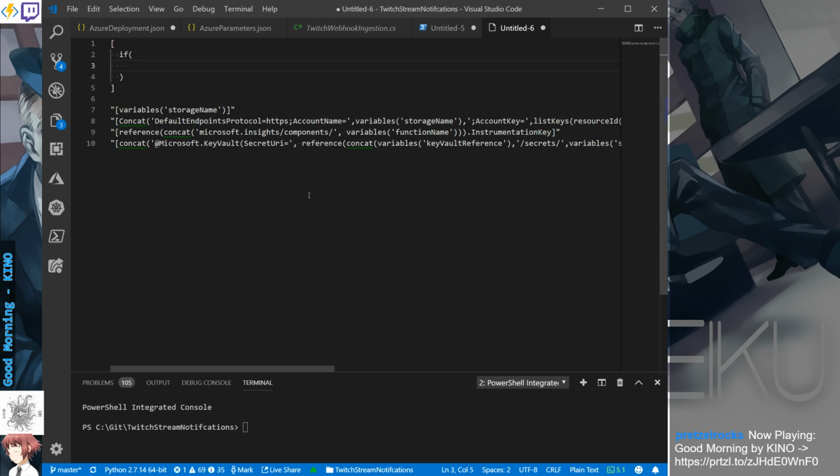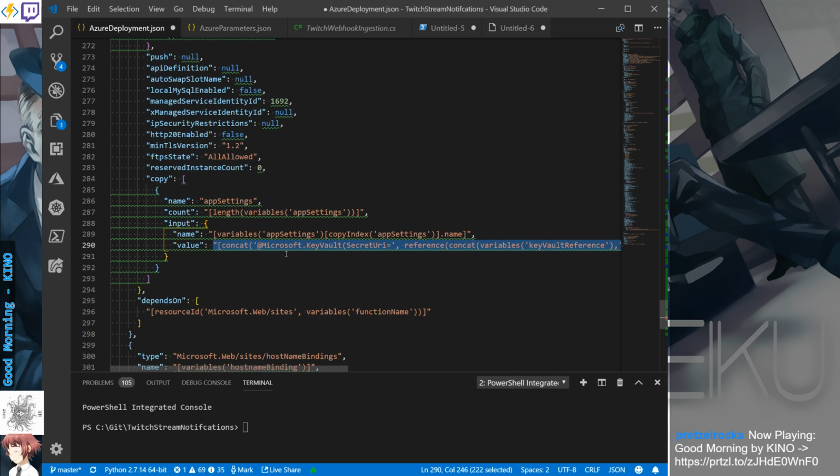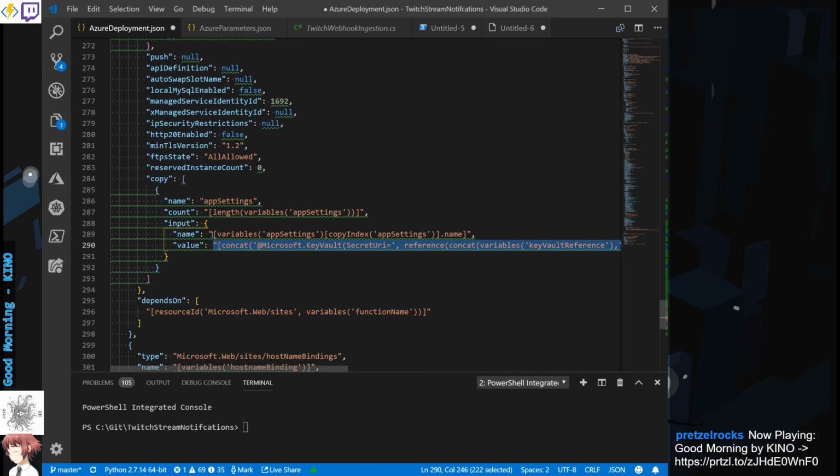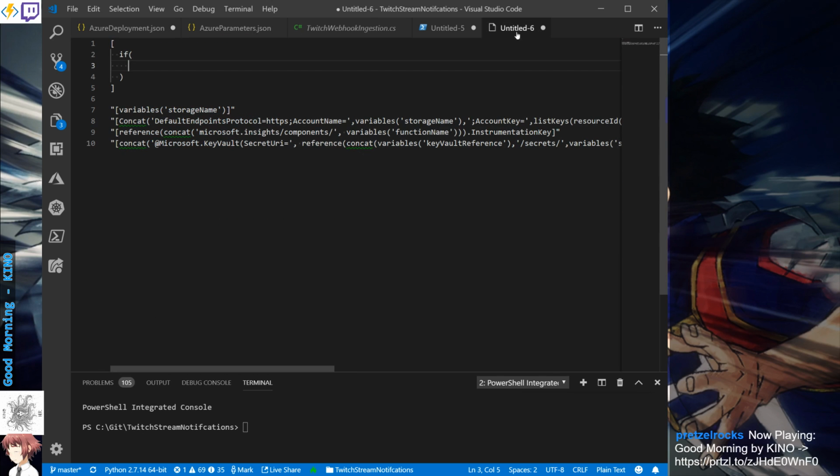So the first thing I want to do is return the value if the value exists. So the way we need to do that is